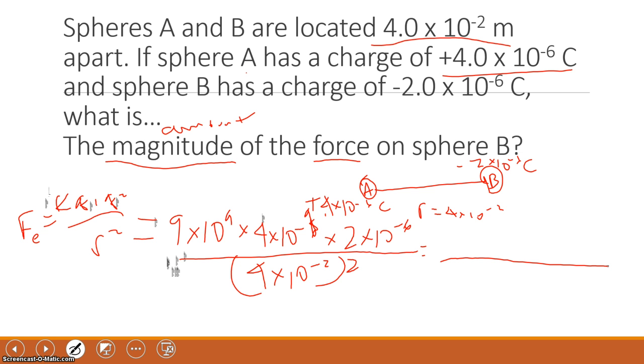So 9 times 10 to the 9 times 4 times 10 to the negative 6 times 2 times 10 to the negative 6 is 0.72, and then divided by 4 times 10 to the negative 2 squared, which is